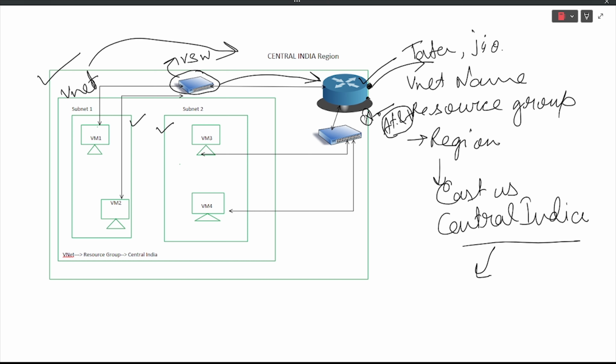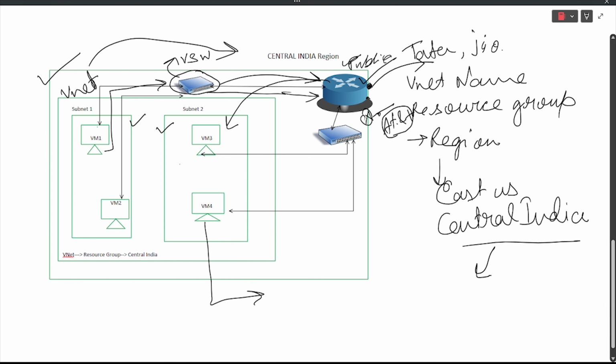So what will happen here is this virtual machine generates traffic for google.com. It will go to the virtual switch, and this virtual switch has connectivity with our router, or regional router. This router will give a public IP address to the virtual machines that are deployed in the same virtual network. So if I ask you to check what is my IP address on all these four VMs, we will get the same public IP address